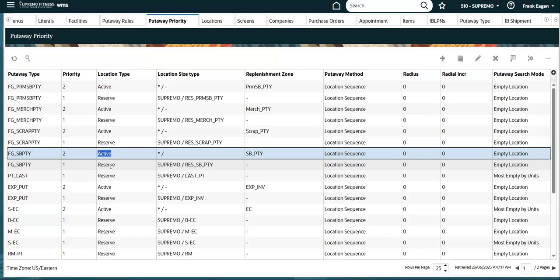Business will decide what type of location, what location size type, what replenishment zone, and which active location should get triggered or should get directed to that put away type. Agree? So I'll again